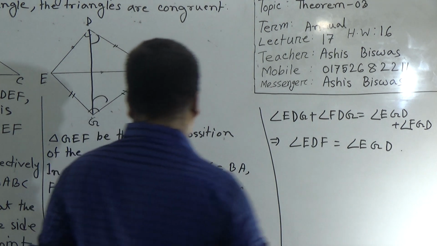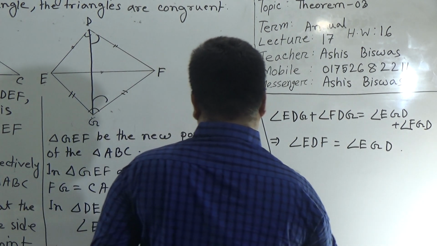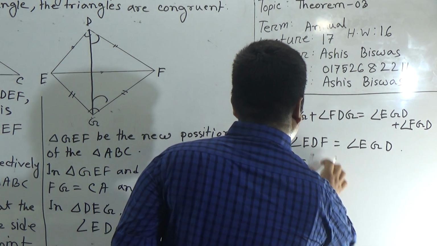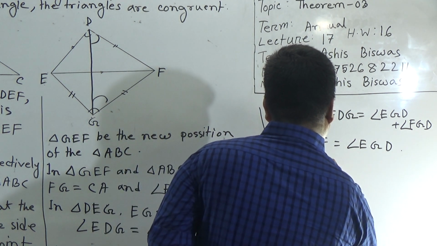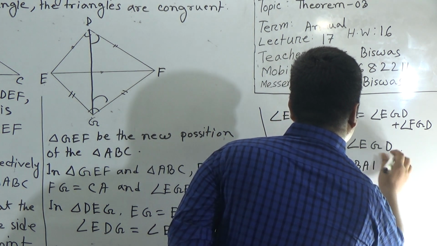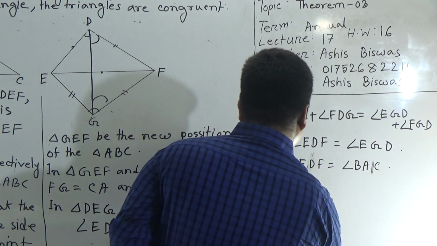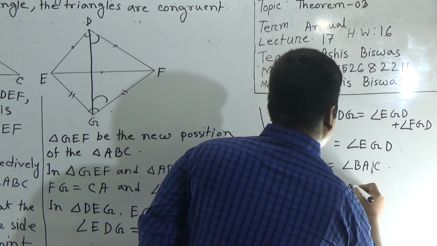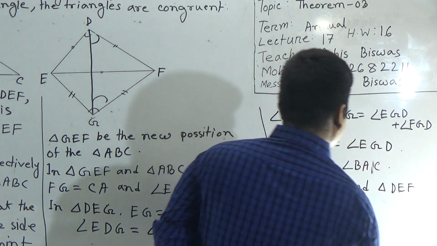So we can say EDF equal to angle BAC. Now if I write this in triangle ABC and triangle DEF,